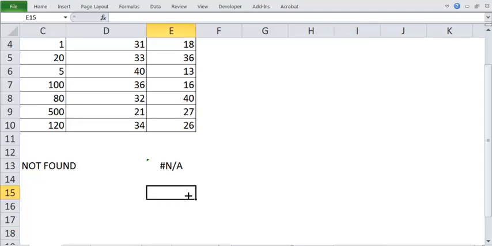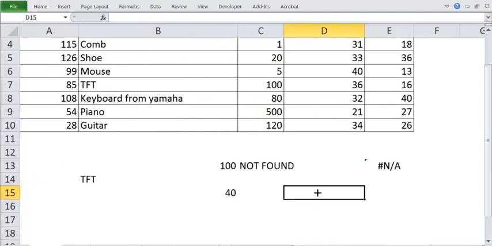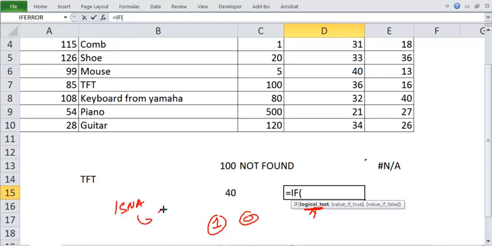Let's see the IF construct. We use IF, and then there is a logical test. So what is a logical test? A logical test is where the value you get is logical, that means either 1 or 0. As an example, ISNA was giving you TRUE, which has a value of 1.